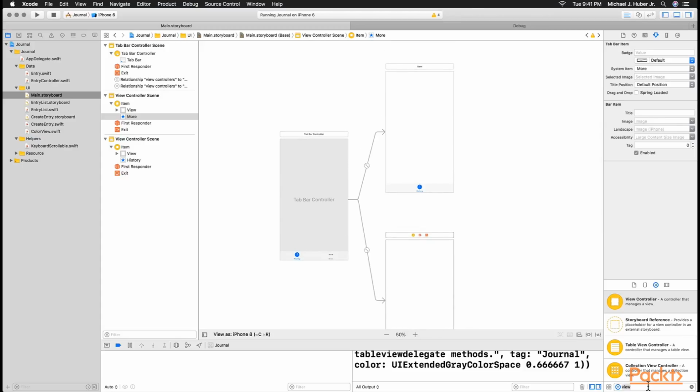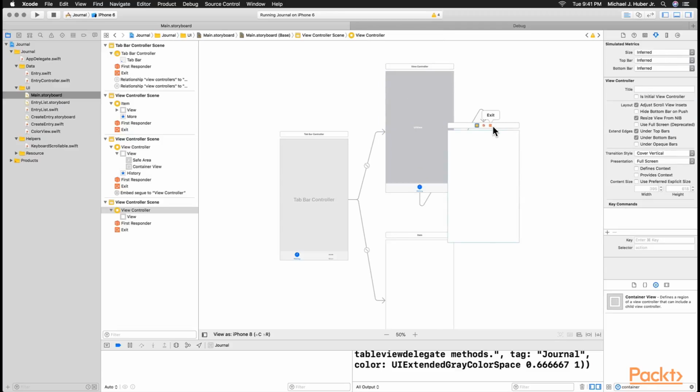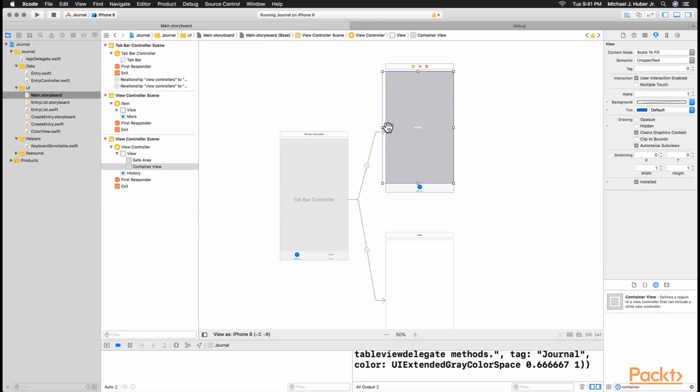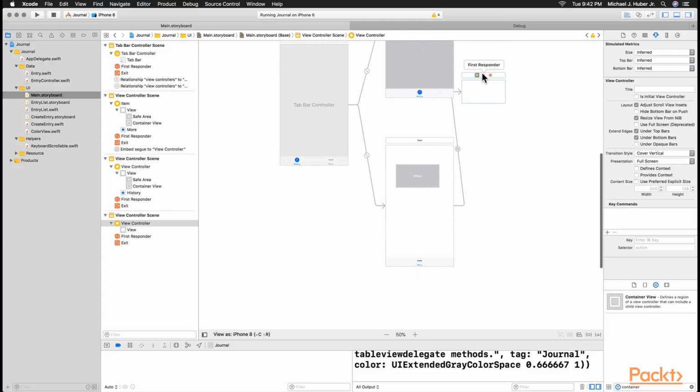So now let's embed our views into these view controllers. We can select our container view and make it the full size of the screen, and delete this view controller, and then do the same thing for the view controller here. Delete that view controller,